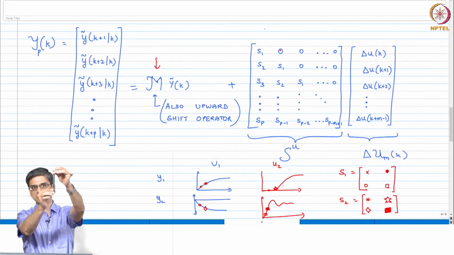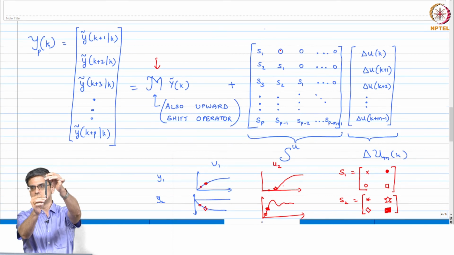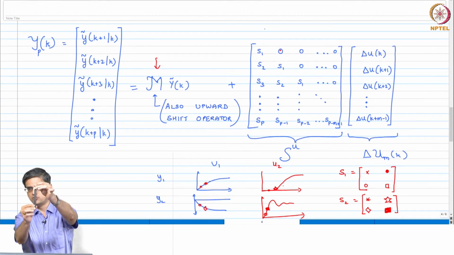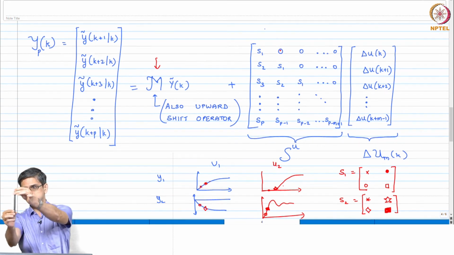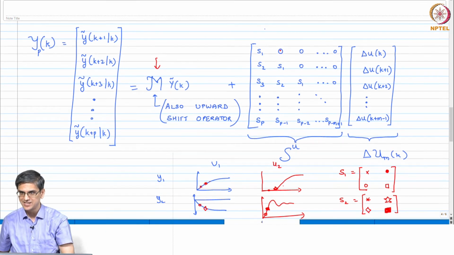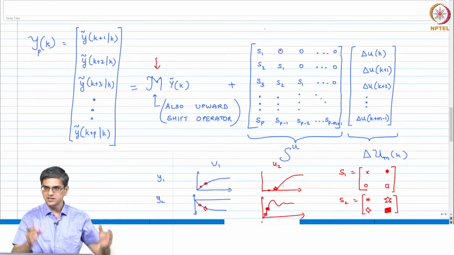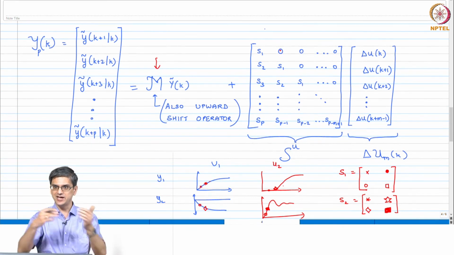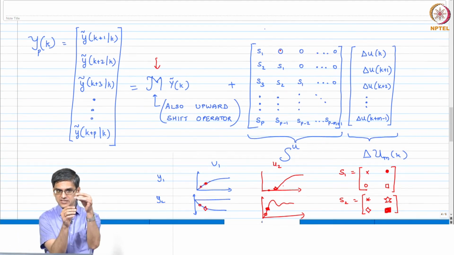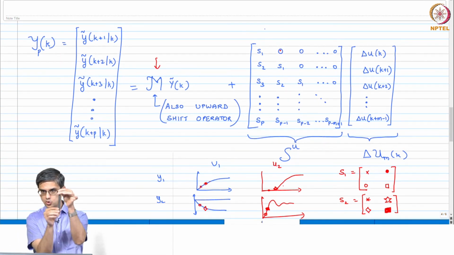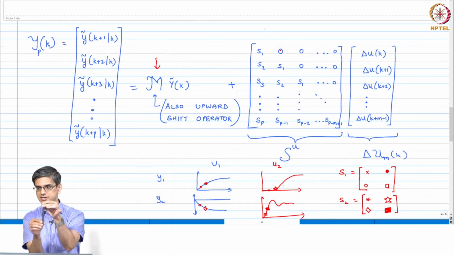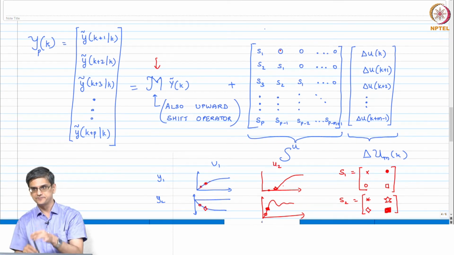It is this pencil: move here, move one down, move here, move one down. And when I say 1, it is 1 in a matrix sense, ny by nu sense. So you are moving this pencil nu elements to the left, ny elements down, nu elements left, ny elements down.